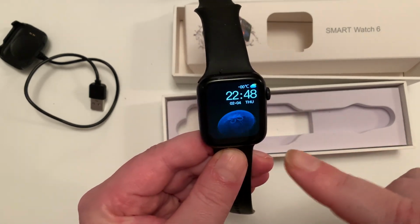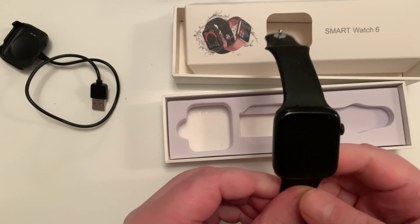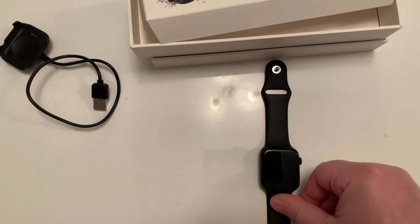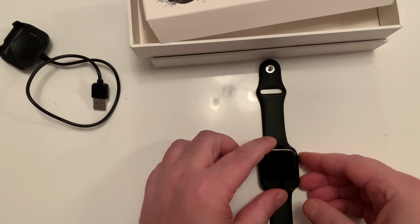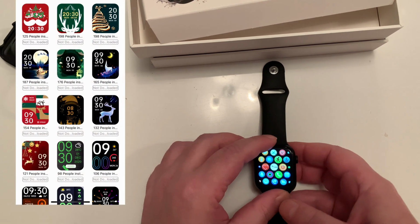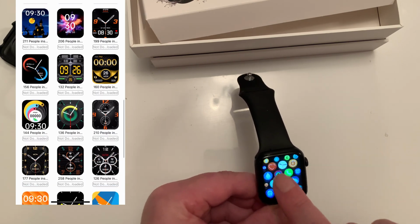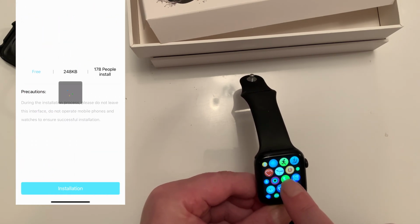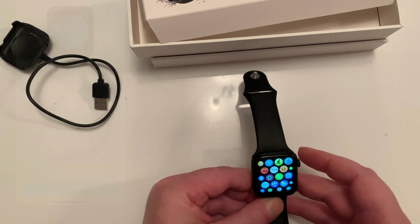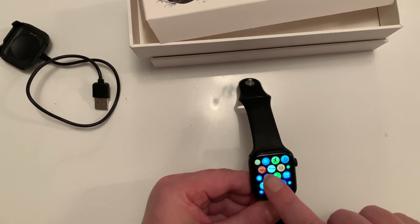I like the little animated watch faces that you can have on this. That's nice. Unfortunately, there only seems to be that one, and I haven't worked out how or even if you can make your own as of yet. So the build quality seems good, and once you've got it paired to the app on your phone, it even has a little marketplace where you can download free watch faces. Touchscreen's pretty good. You can make custom watch faces for this as well, and that's really easy to do. You do that from your own pictures. The crown does work. It'll zoom in and out and stuff, and